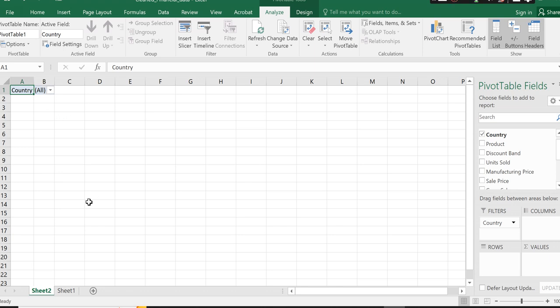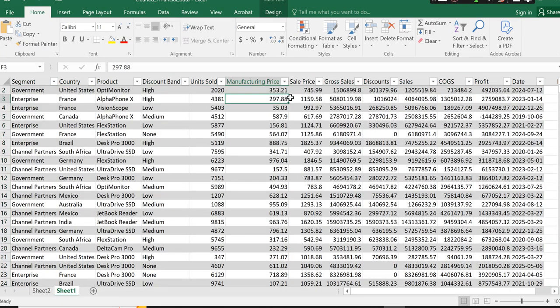Then after that, before you can do anything, you make sure you have objectives in what you are doing. What do I mean by that? There must be objectives. There must be questions you want to answer. For example, in this kind of table, let's say we want to know product and total sales. We want to know the total sales made by each product, or let's start with units sold. That is the total units sold by each product. So the thing you're going to do right now, knowing that, is